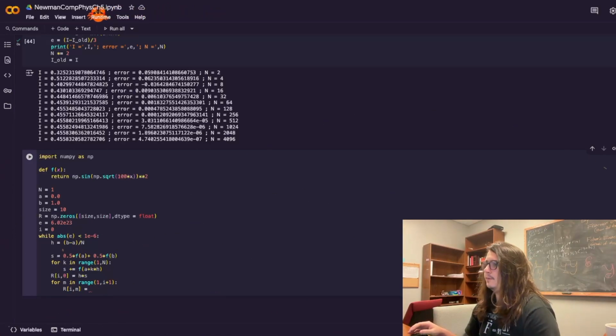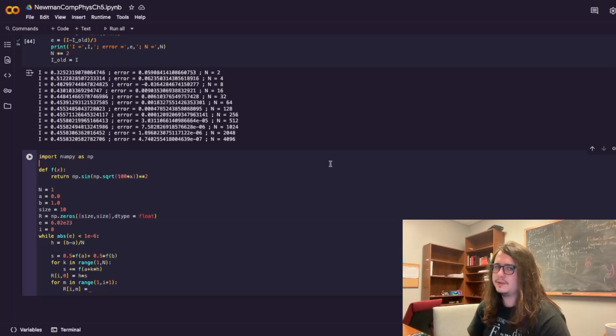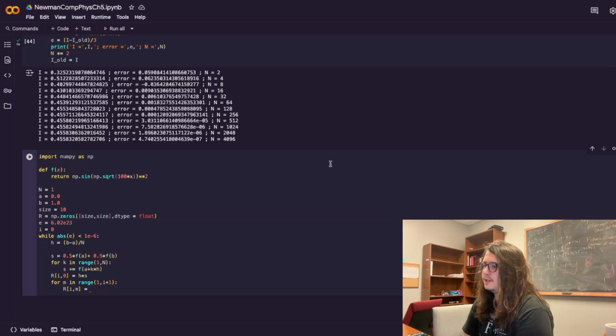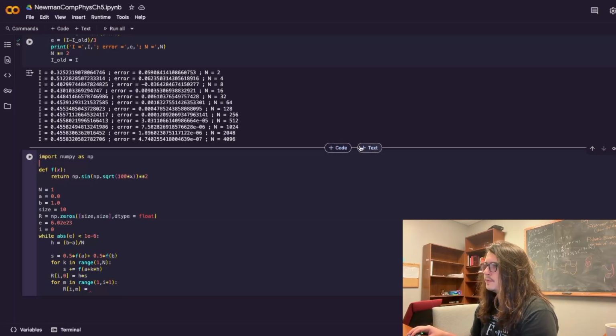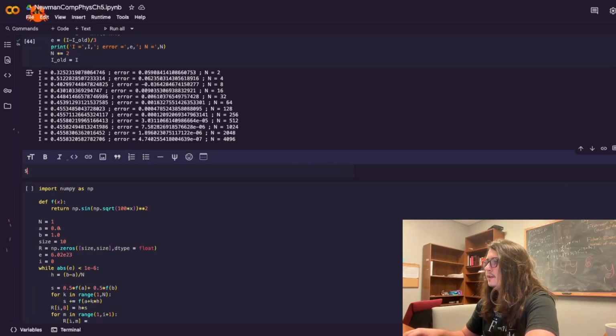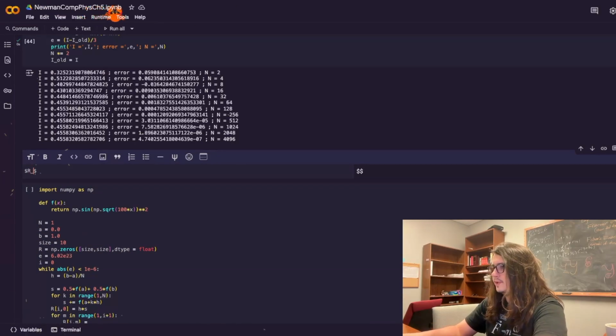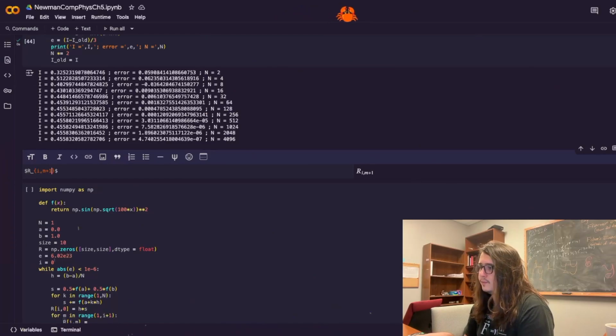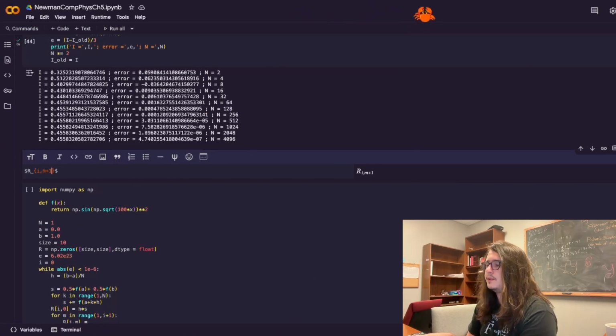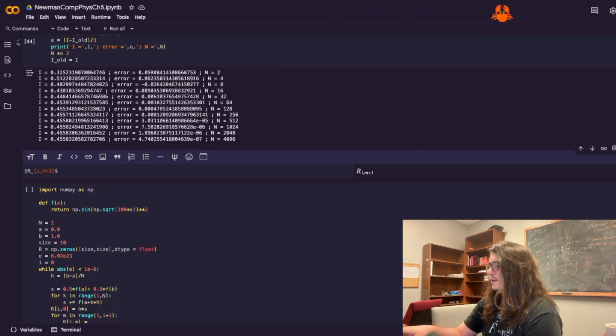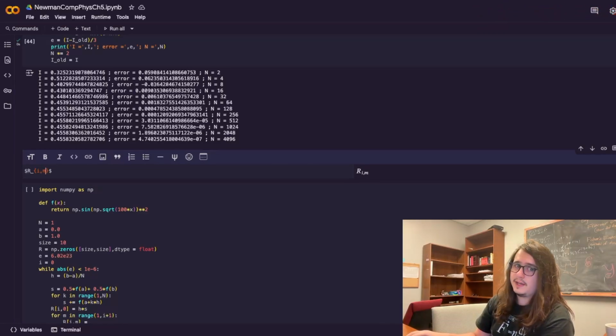Now, I mentioned that the way that Newman presents this part of the problem is really weird. And in fact, I don't even think that it's correct, because he does a formula which solves for r sub I comma m plus 1, which is confusing in itself if you're trying to write code. But so I'm just going to instead write out what it would be if it was r sub I comma m,